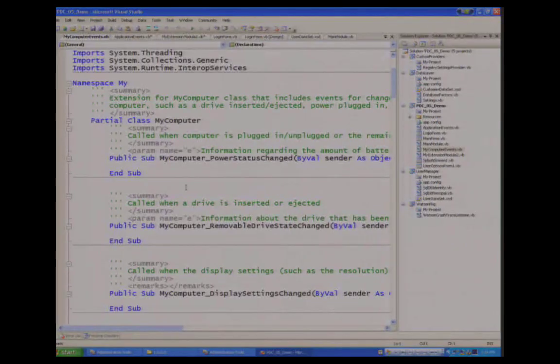But now all the user has to deal with is what they want to do in these events. I added 4 events, and all they have to worry about is what they want to put in the event handling code. They don't need to worry about assembly references or anything like that. And the my extension as a template actually has another fringe benefit, which I think is particularly important. And that is that